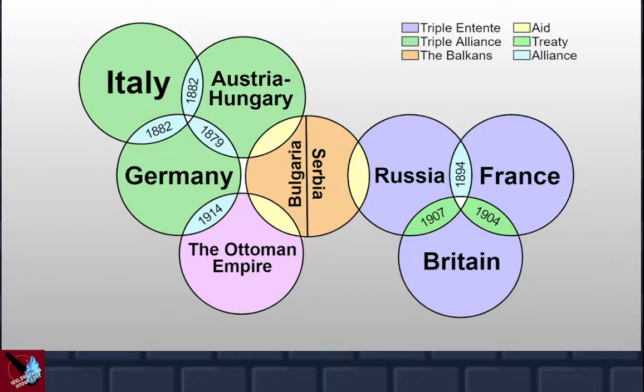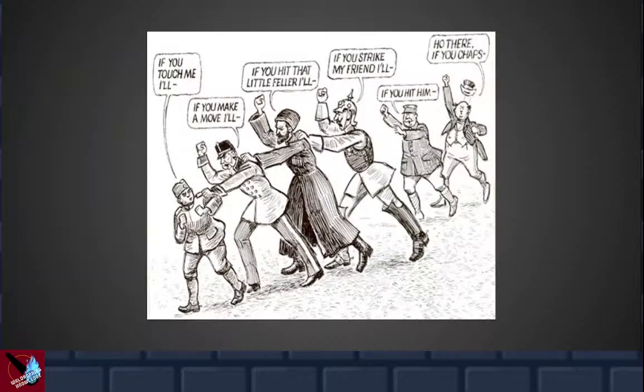You've got everything converging on two countries, Serbia and Bulgaria. They have a little bit of an issue in Serbia. Archduke Franz Ferdinand gets assassinated, and at that point, Germany declares war. Okay? Once that happens, everything is about to start getting sucked in, and you'll see by this cartoon, it starts off,